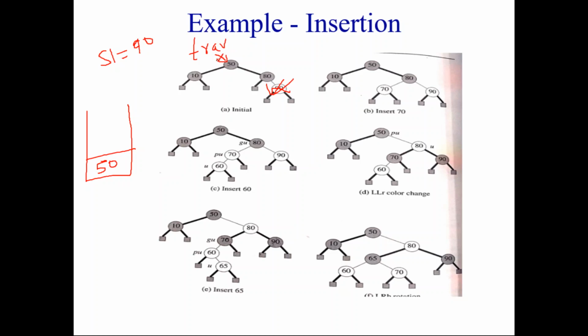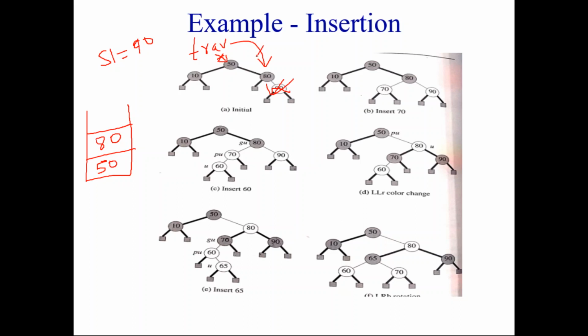So now traverse is not pointing here, it is pointing to 80. Again you check whether S1 is equal to traverse key. No, traverse key is 80 and S1 is 90, it's not equal. Is S1 less than this? No, S1 is not less than 80, S1 is greater than. So again you should make traverse equal to traverse arrow right. So again you push 80 into the stack. That is the pointer to the node 80 will be pushed into stack.